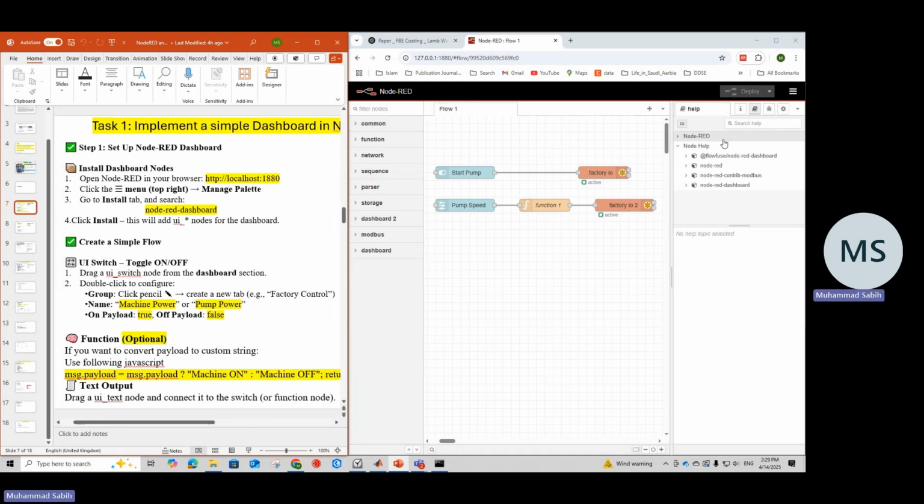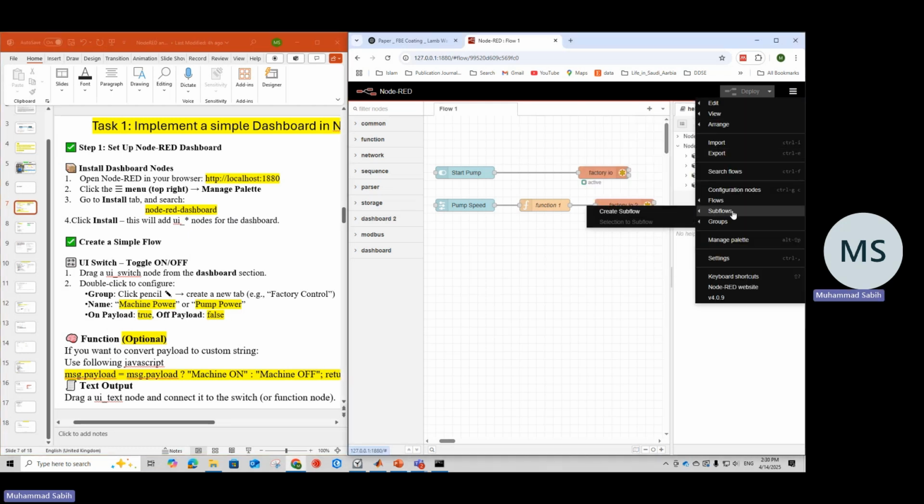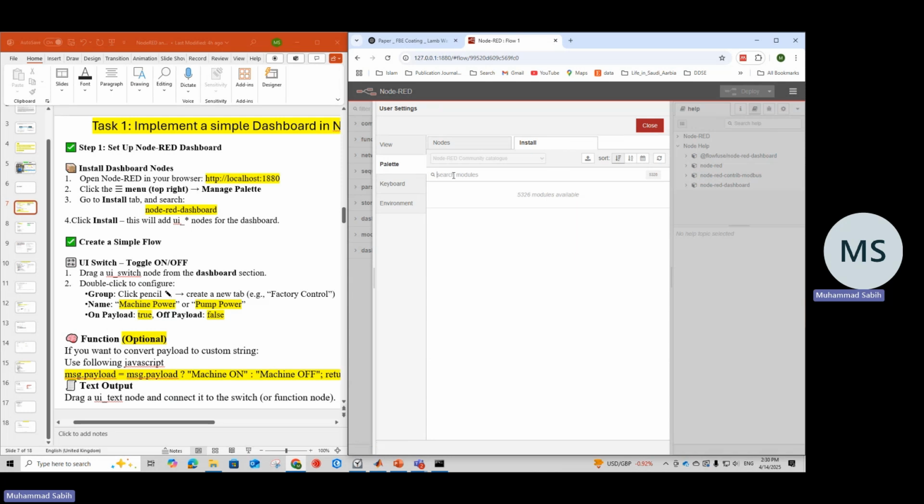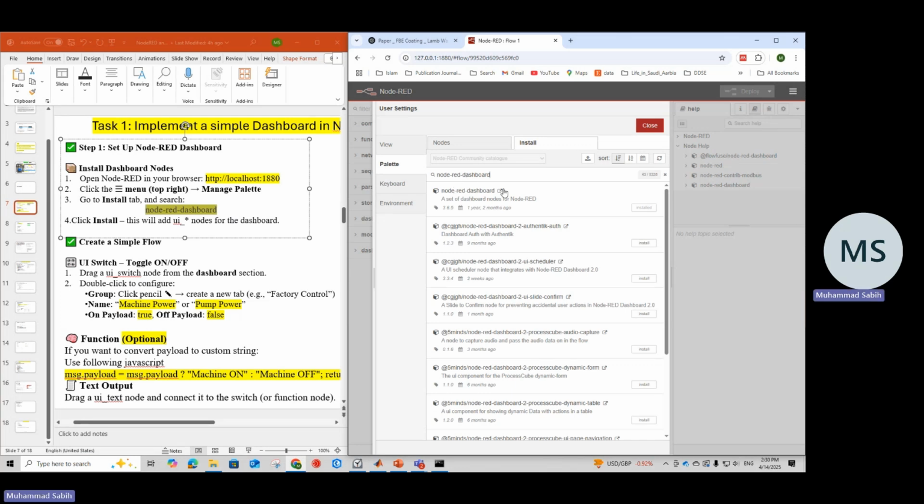So to implement the dashboard, we first go on the right side here, and then you can see the manage palette. Once we click manage palette, we can go to install, and here we can write Node-RED dashboard. This is what we need. As I have installed it, it is appearing as installed. Otherwise, once you search, it will come up like this with an install button. Once you click install, it will start installing